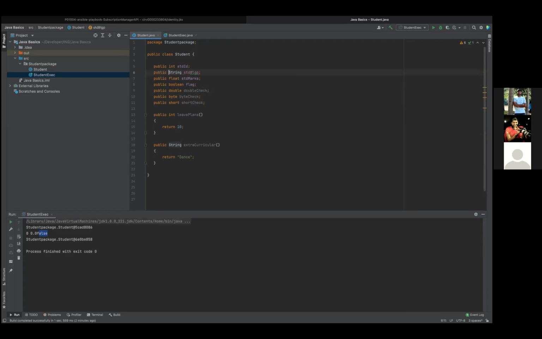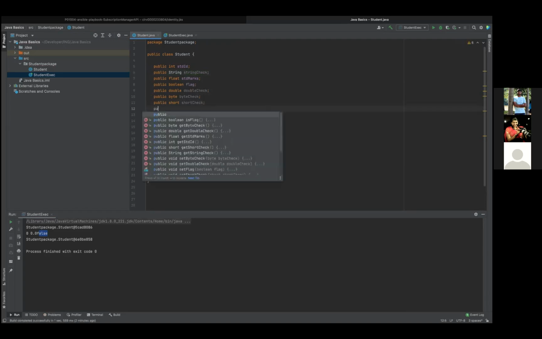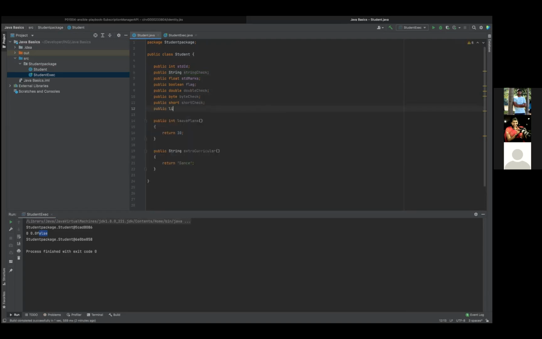Yeah. And one more data type, public. Create one more variable, public long. And also one more for character, public char.